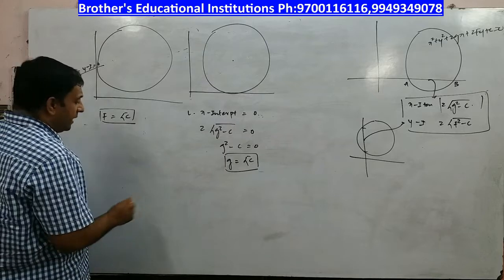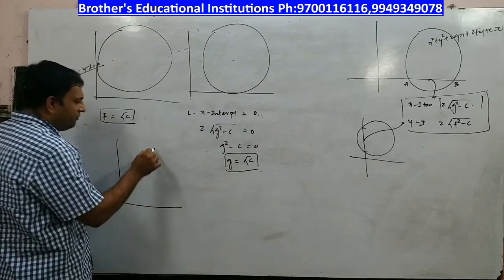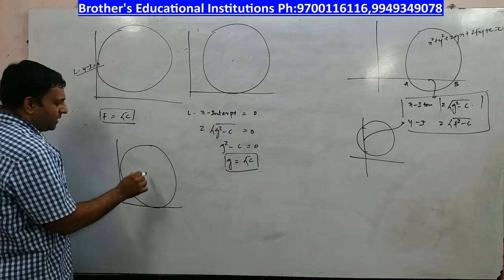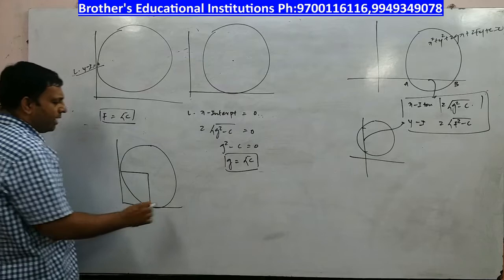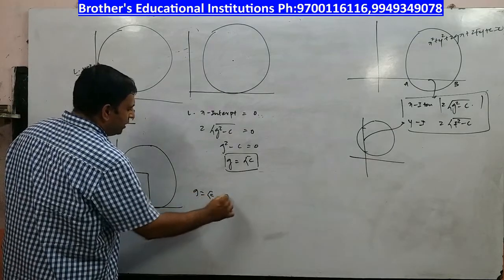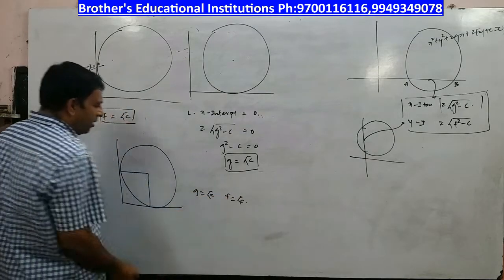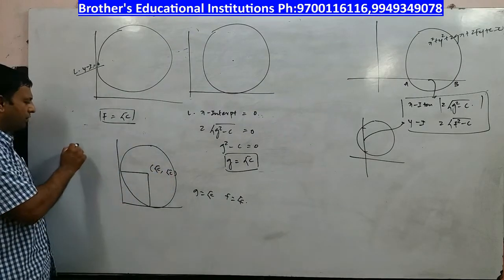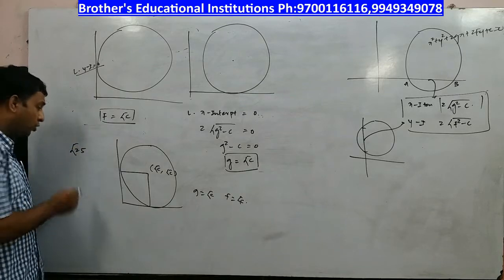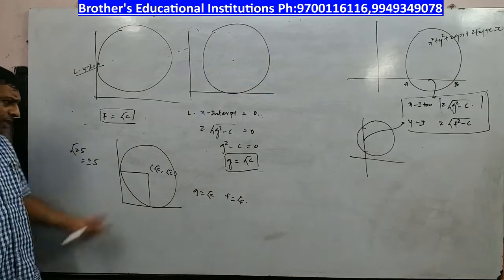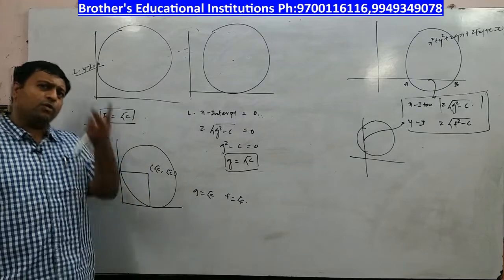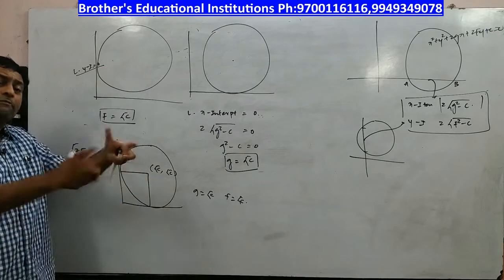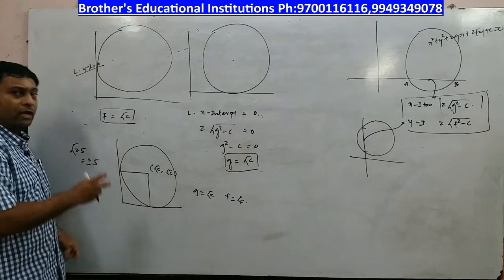And what if my circle touches both the axes? Means this is my circle, right? If my circle touches both the axes, you will write g is equal to root c, you will write f is equal to root c. Alright, and the center will be root c comma root c. See children, when I say root of 25, it holds two values, plus or minus 5. So when you write root c, after the result you may get two values, and this value will be positive if it is in the first quadrant. Is it not? If it is in the second quadrant, the scenario is different.